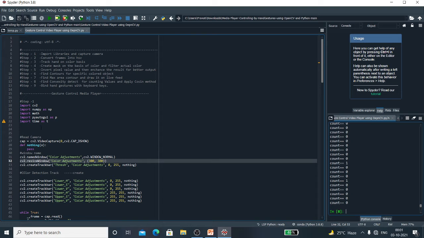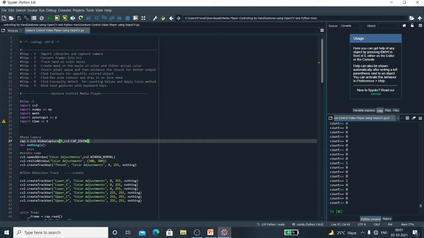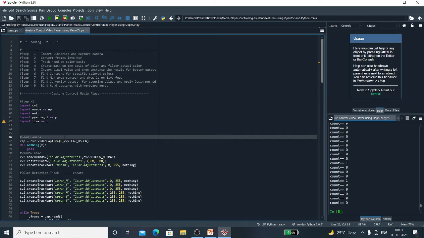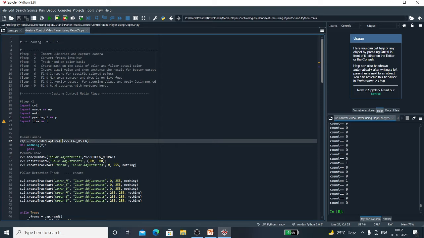The next line is used to capture the camera of my laptop. I passed 0 here, which means I'm using my primary camera. If you want to access an external web camera, simply pass 1 here. Then the next is